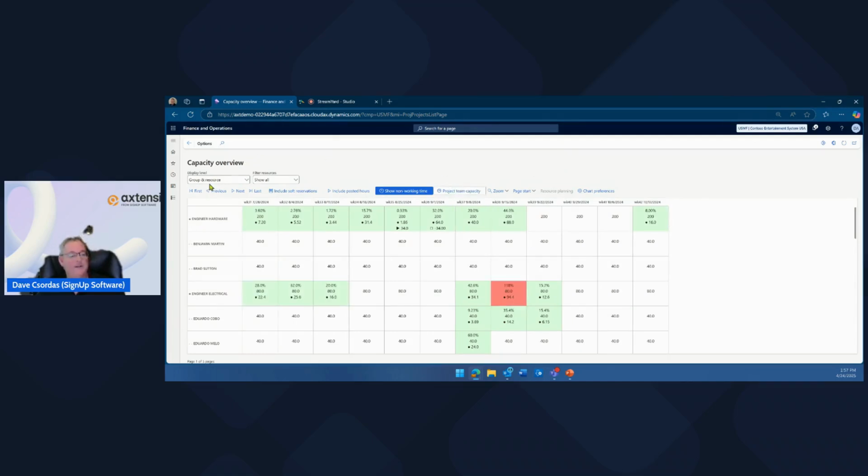The other option here is that I'm looking at this by group and resource. I can view it by group only or by resource only. I can also filter my resources to all or just those overloaded resources. And that's a simple view. I've got task planning, resource planning, and capacity overview that I'm able to see at a project level and multi-project